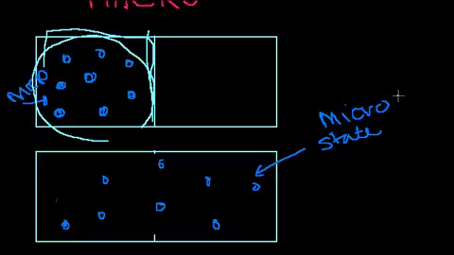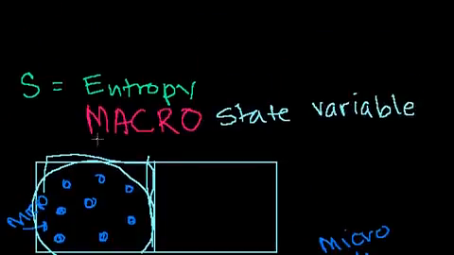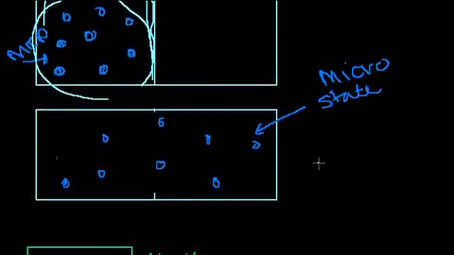Anyway, hopefully you found that a little bit useful. I just want to make it very clear, because this is often confused. This is a macro state variable for a system, where a system is composed of these things that are bumping around randomly every millionth of a second. They're changing state, so it's very hard to even measure one of the microstates. You can't point to a microstate and say, oh, this has higher entropy than another.